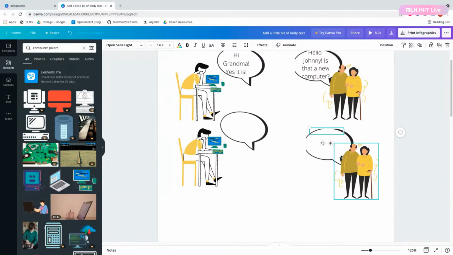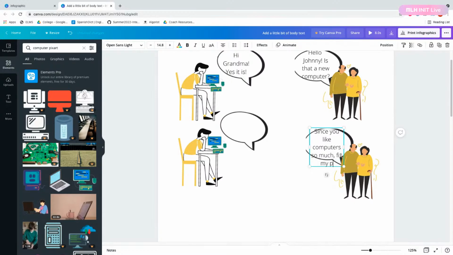How about, since you like computers so much, would you be able to... I want to use a more aggressive tone there.